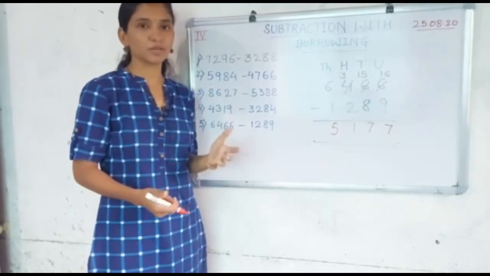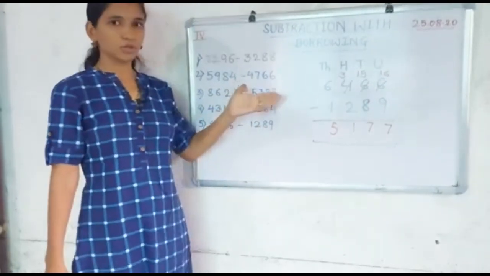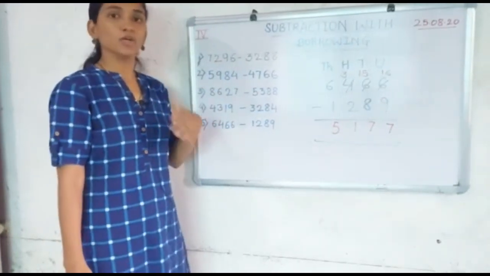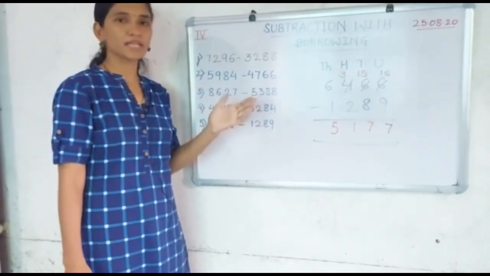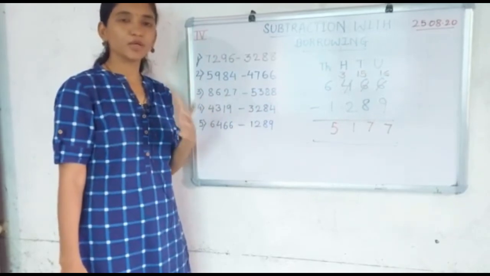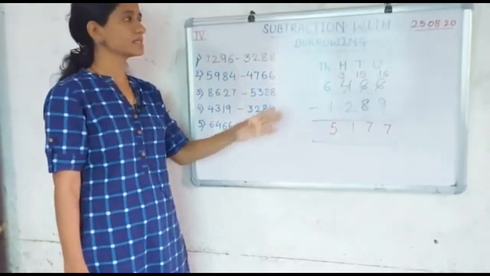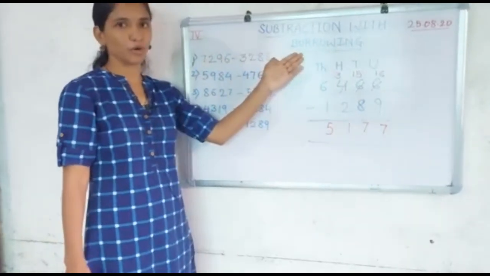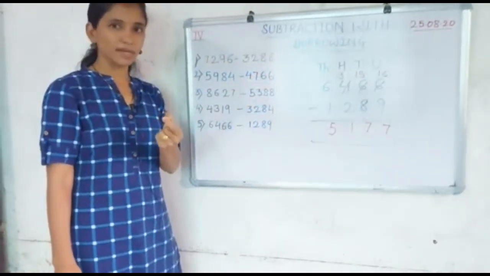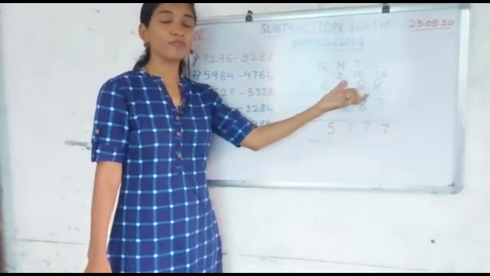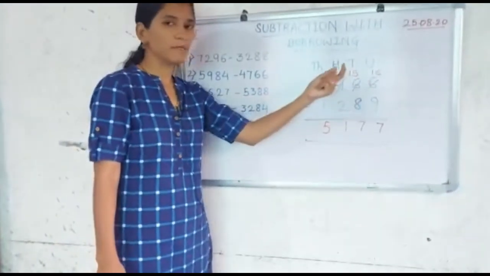Students, see this, that borrowing is such a concept that you will get used to after doing so many subtraction problems. By just looking at these 5 problems, you will not be able to understand. You have to solve so many examples, 5, 10, 15, 20. You have to solve continuously so many examples, then you will properly understand the concept of borrowing, because it is quite complicated, not much, but once you understand how to borrow from the number sitting